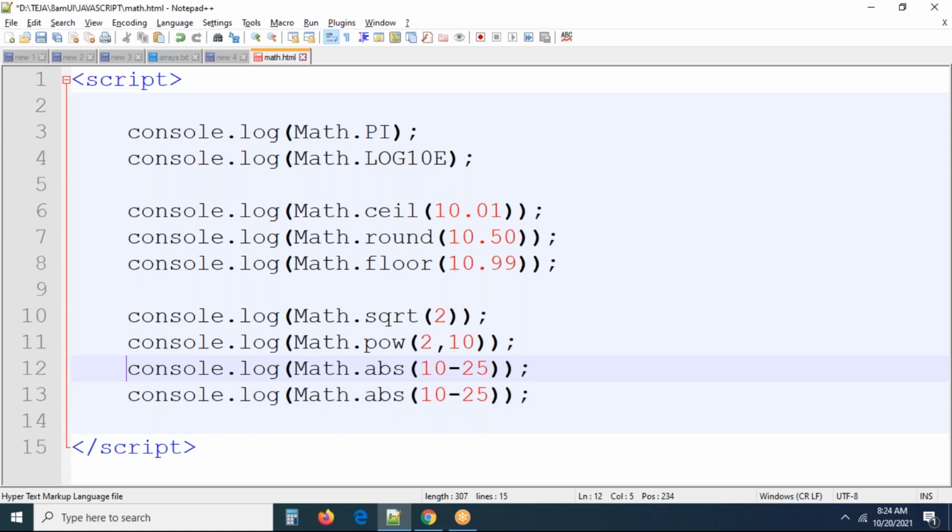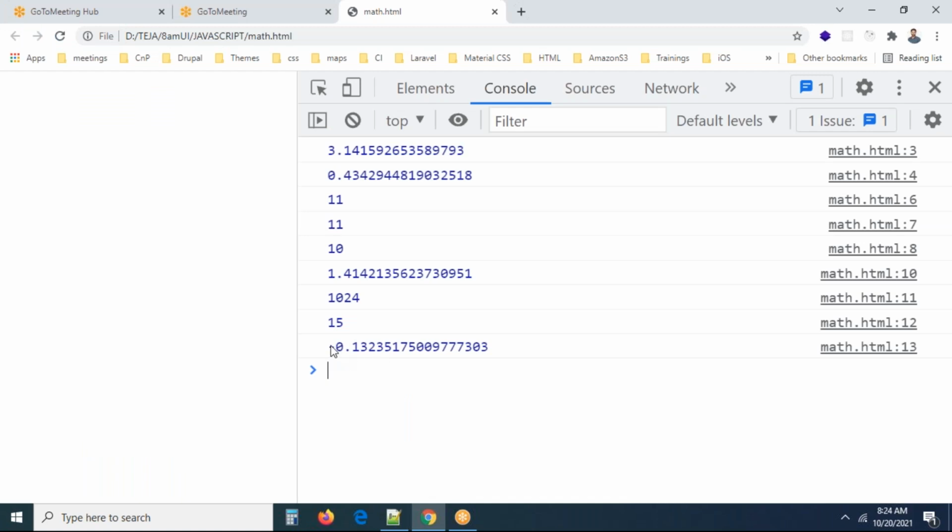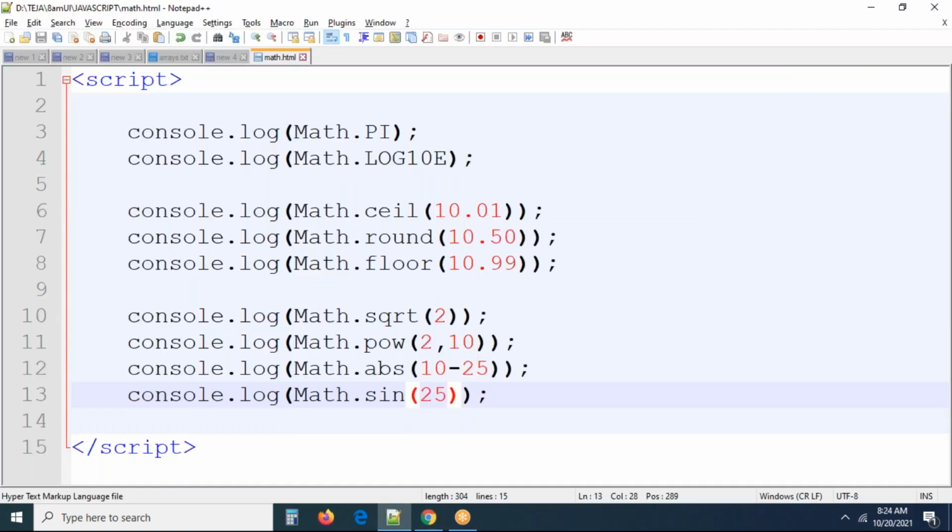So what else do we have? You can go with Math.sin(30). I'm going to take the sine value. If you just want sine 25, we can get the value of sine 25. This is the value of sine 25. If you want sine 100,